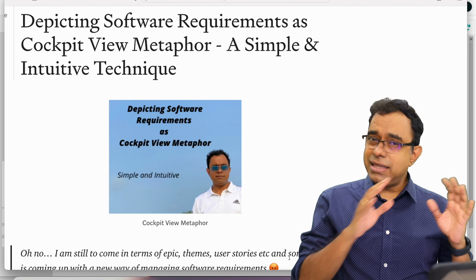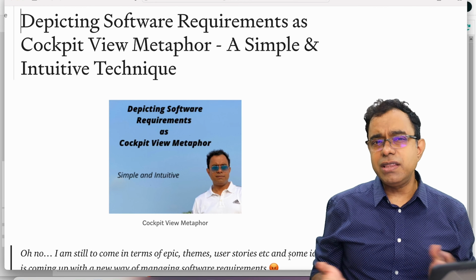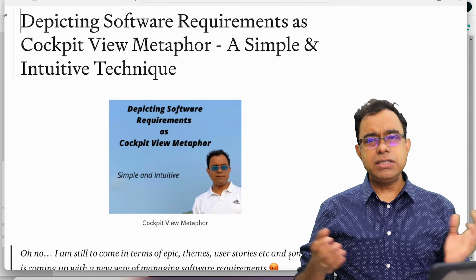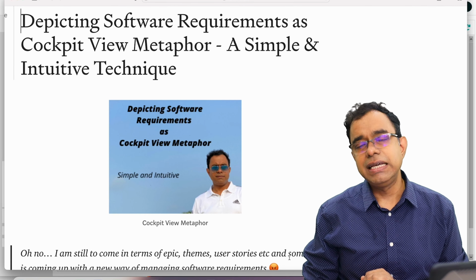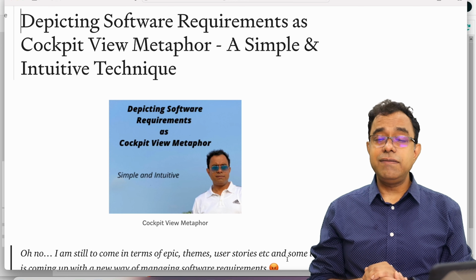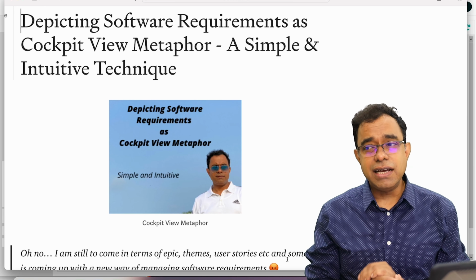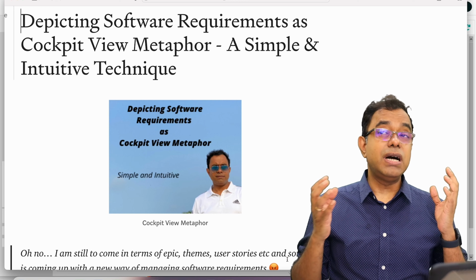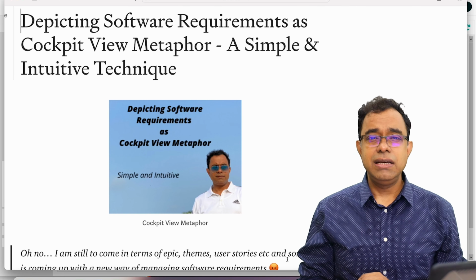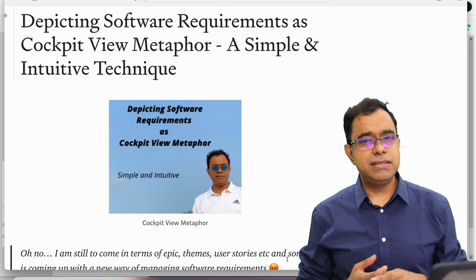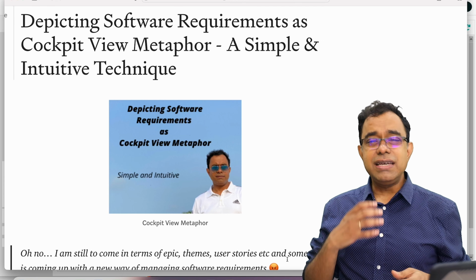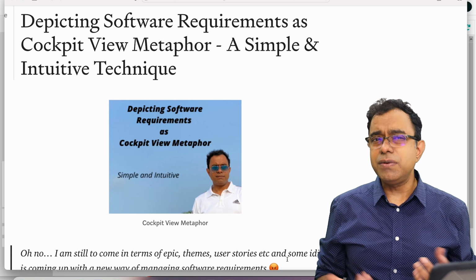And to make sure that they understand, we came up with lots of things. Lots and lots of things, and believe me, we can do a PhD on those topics. Just like all other software developers, I was also part of that. I was using the same things to understand software requirements. Over a period of time, I got frustrated just like everyone else. I was thinking why there is not a simpler way of doing the same thing.